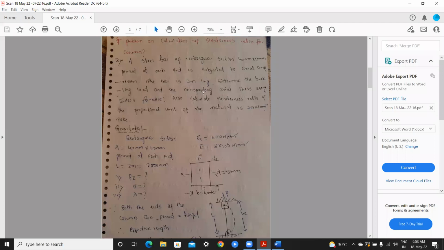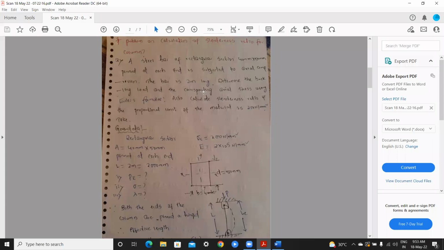So determine the buckling load and the corresponding axial stress using Euler's formula. Euler's formula has 4 conditions, so already they gave pinned at each end. Also calculate the slenderness ratio if the proportional limit of the material is 200 Newton per mm